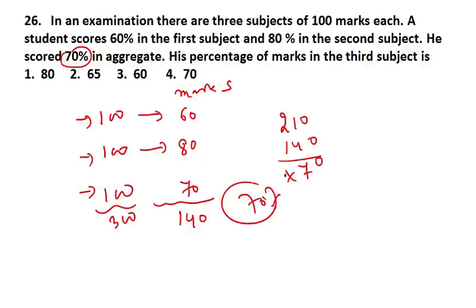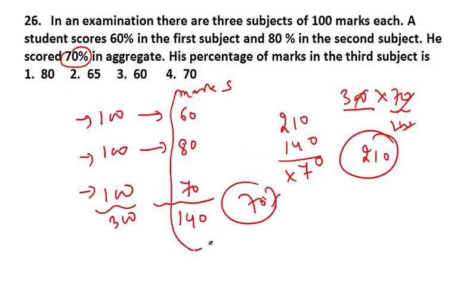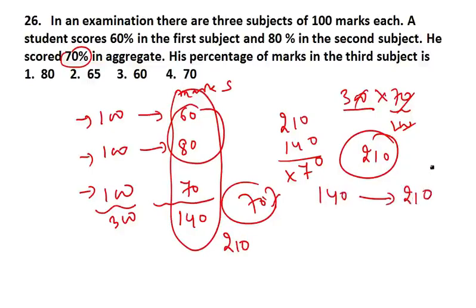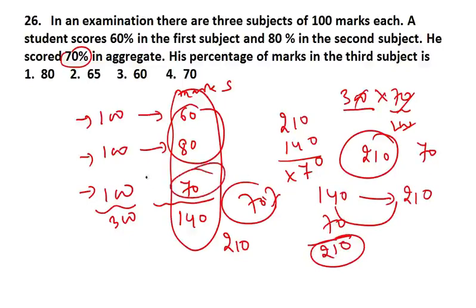This is very simple, don't get confused. Whenever you get this type of question, first see how much you need overall out of 300. So first you do out of 300, just see how much mark. So when you calculate, you see 210 is required. So the total marks should be 210, only then you can get 70%. Now you already know that you have already scored 140, and you need 110 to get 70%. So how much do you need? If you add 70, then it is going to be 70%.